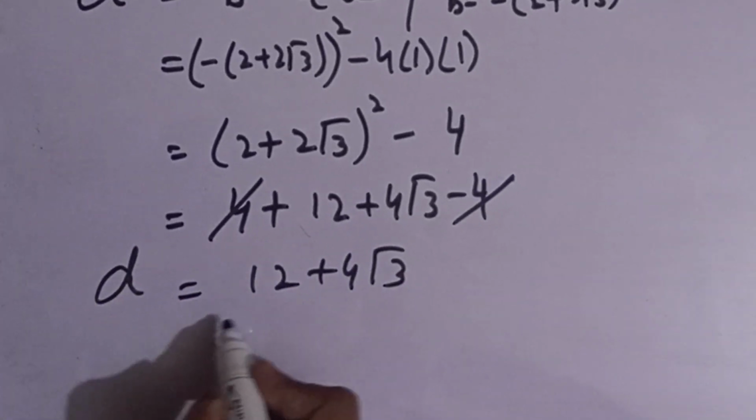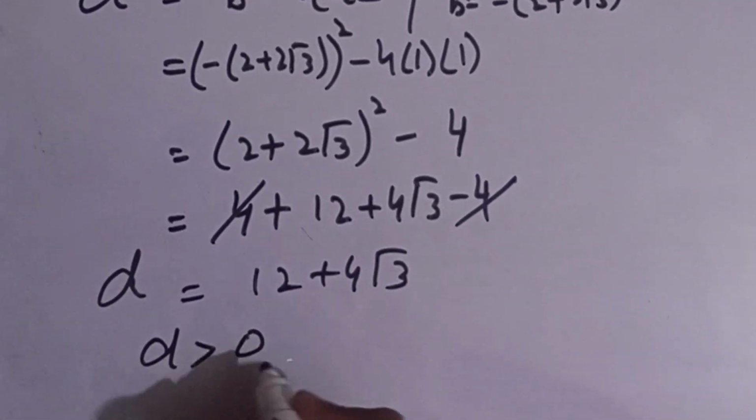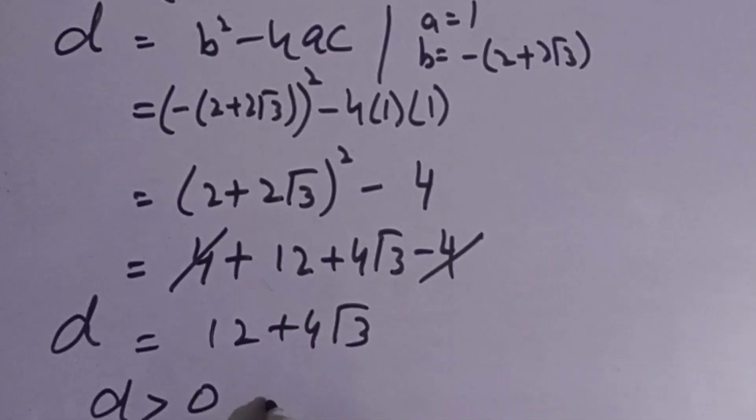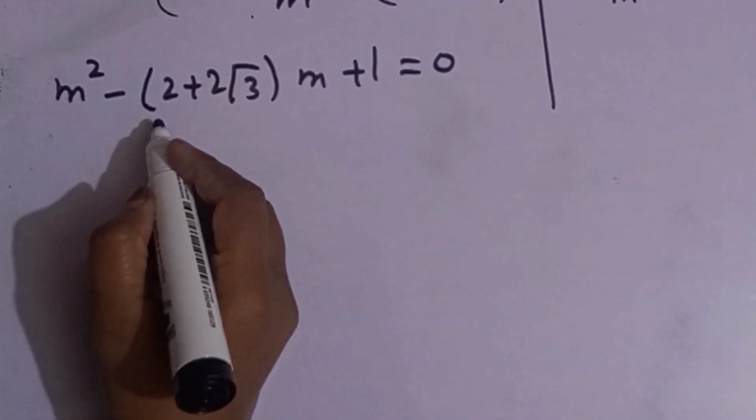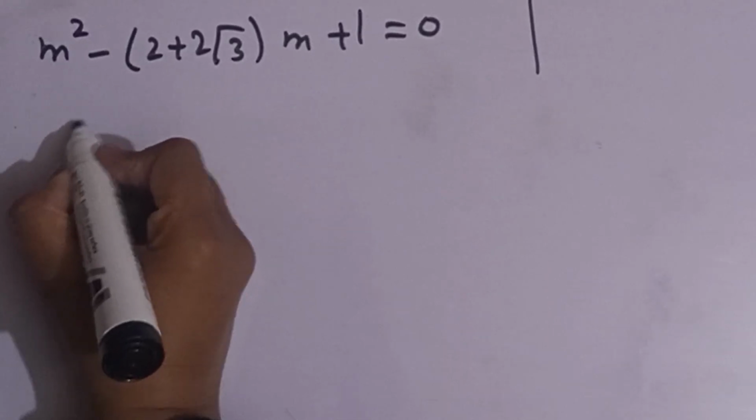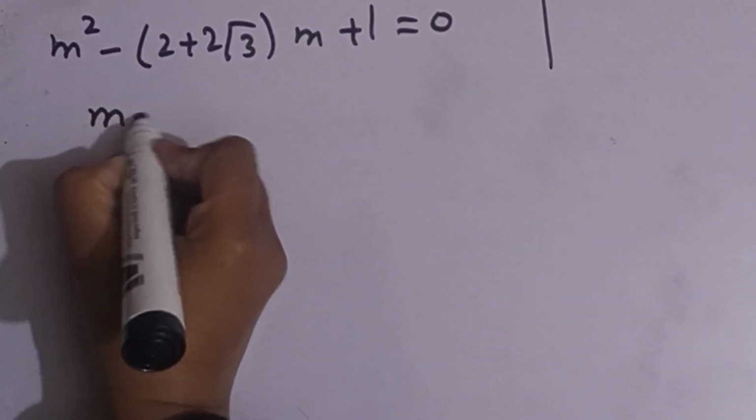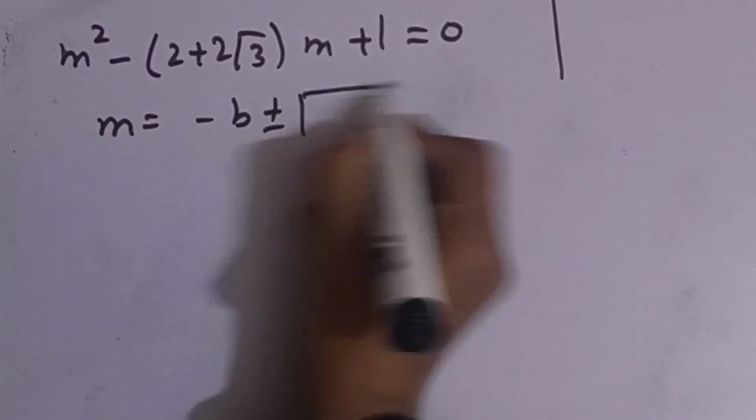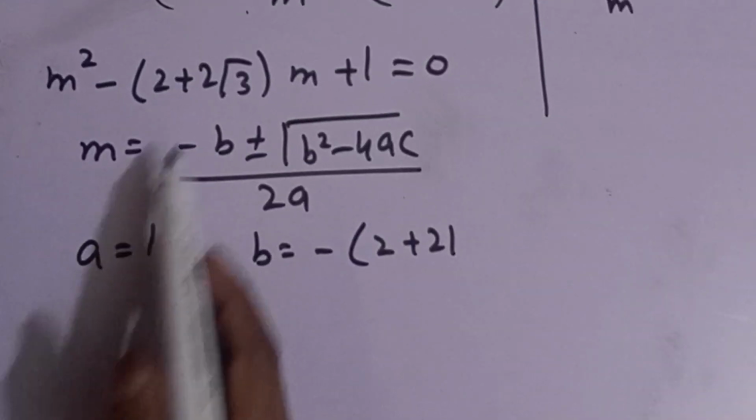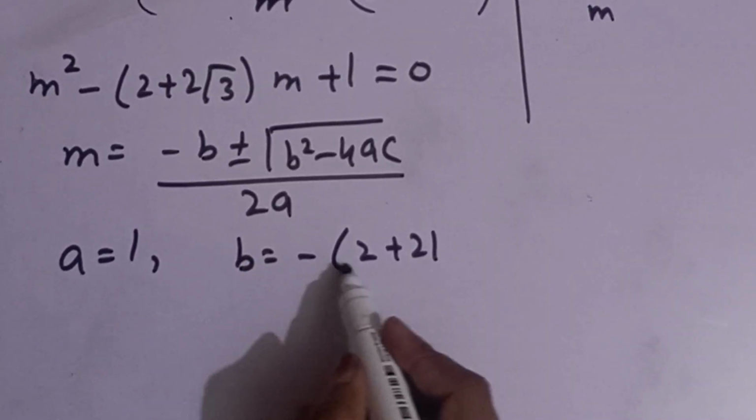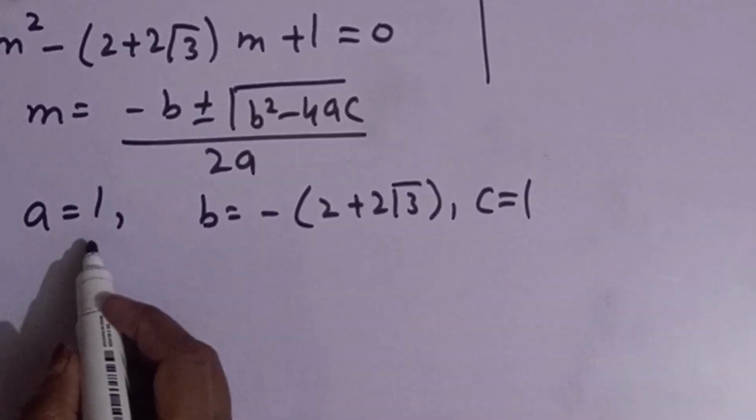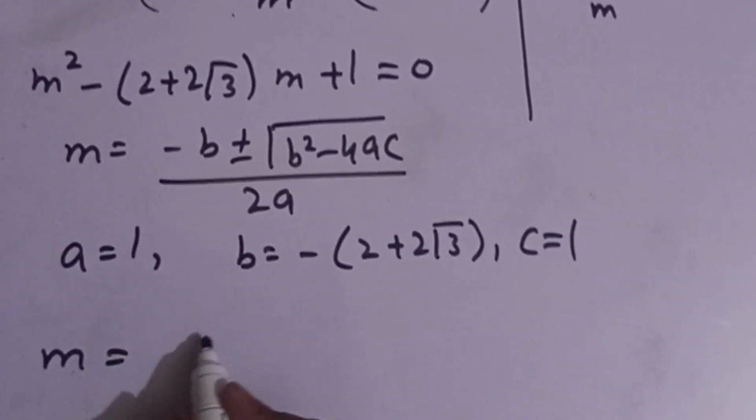So in this case, this is greater than 0. So for this part, we get a real solution. Using this equation, we find the value of m. So in this equation, we apply a quadratic formula to find the value of m. So we have m is equal to minus b plus minus square root b square minus 4ac over 2a. In this equation, a is equal to 1, b is equal to minus 2 plus 2 times square root 3 and c is equal to 1. Now we substitute this value in this formula. So m is equal to